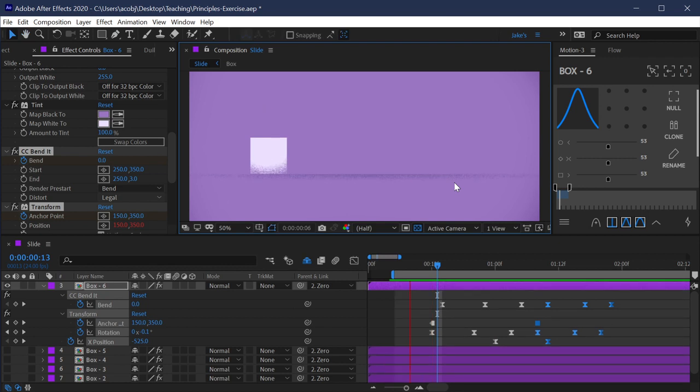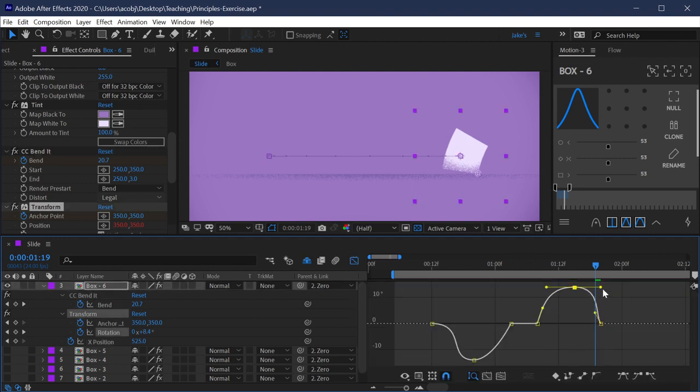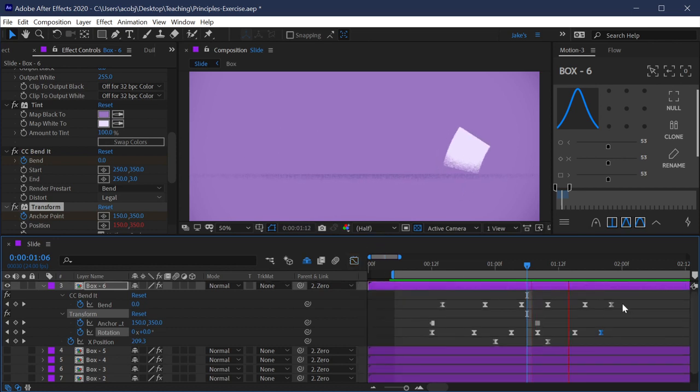I like that. So it speeds across, and that's going to allow us to have a snappier follow through and overlap at the end here. So I think that's happening just a little too slow and just a little too softly. So let's go into our rotation keyframes and really crank this one out, bring this one all the way up so it smacks down on the ground. And we're actually going to give a little bit more life to this with our bend, adding a couple more